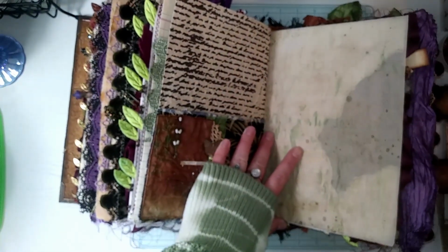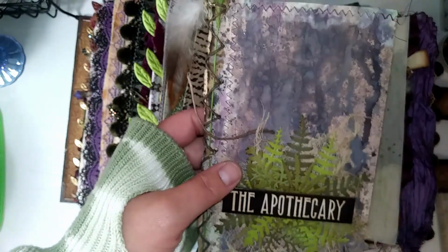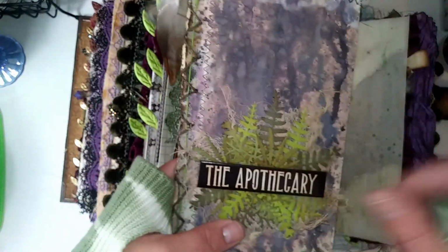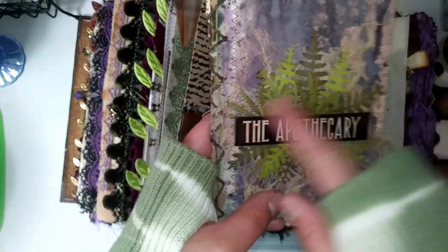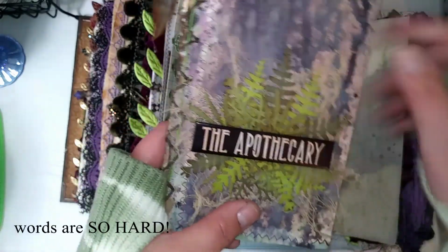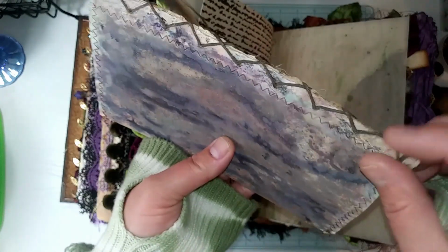So that's the pocket, and inside of the pocket, this was originally meant to go in the very first pocket of this half of the book, but it was too big, so I still wanted to add it in. It's just a booklet that I made, and the cover is gessoed book pages, and I just went to town with inking. I used all kinds of inks, played around, layered lots of different leaf die cuts and coffee dyed cheesecloth. It says the apothecary, and then I did a corset stitched binding, and then I stuck one